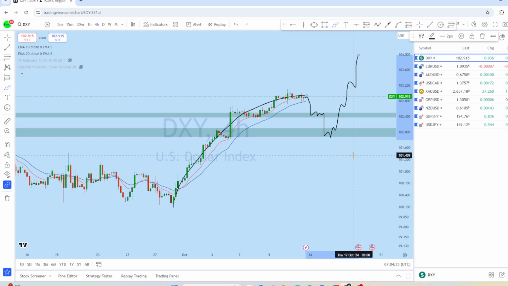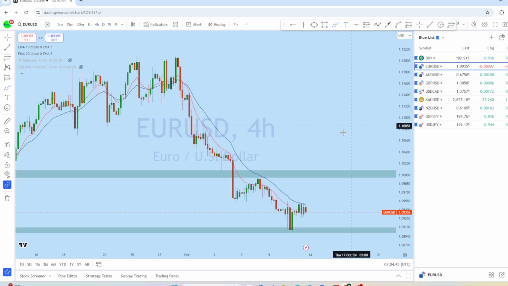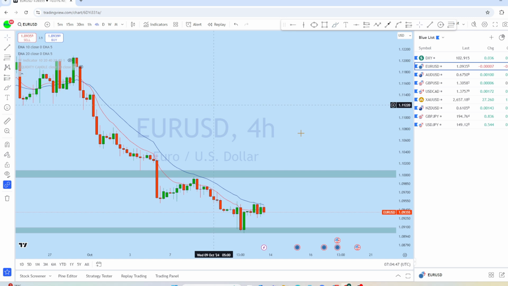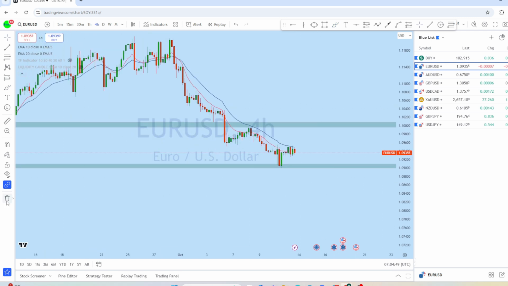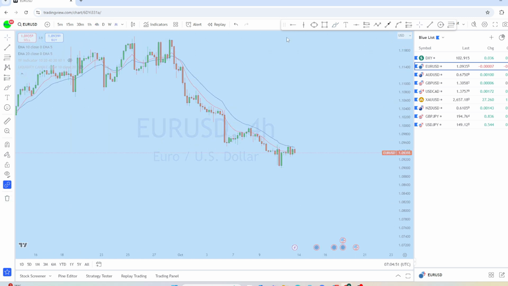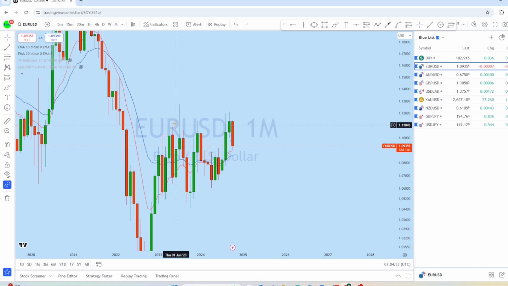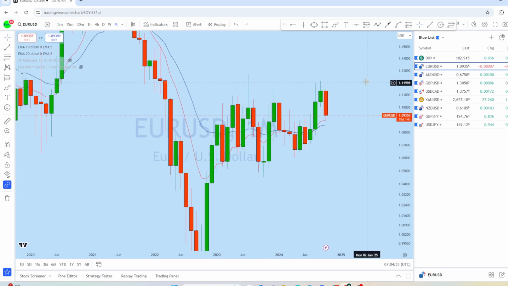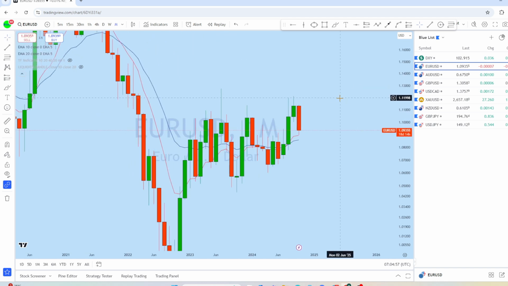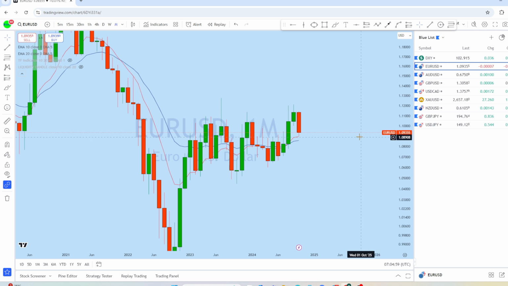Based on that we can analyze other instruments such as the euro dollar, Aussie dollar, British pound, US dollar, and other pairs, to see what kind of opportunity we have. So let's start with the euro dollar. Let's see what kind of opportunity we have now. As euro dollar is just a mirror of DXY, if we look at the monthly chart on euro dollar, we can see that from the monthly perspective, this is the monthly drop here on euro dollar.